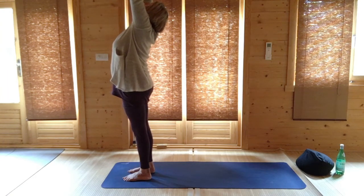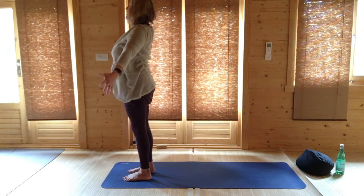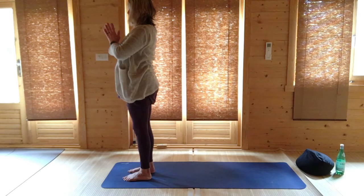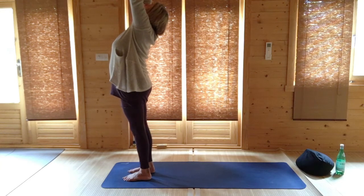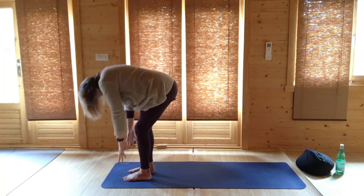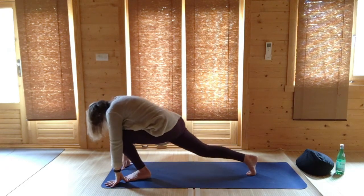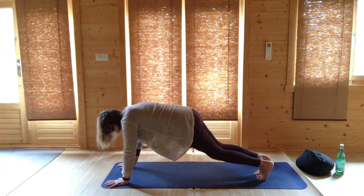Raise your arms and breathing out, lower your hands. Inhale, exhale, hands together. Breathing in, raise your hands up. Breathing out, roll down. Step back with your right foot, left foot, plank. Kneel,